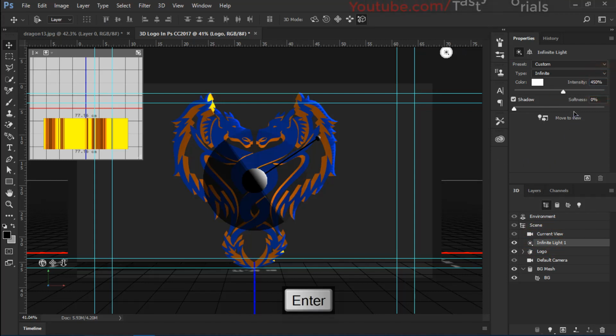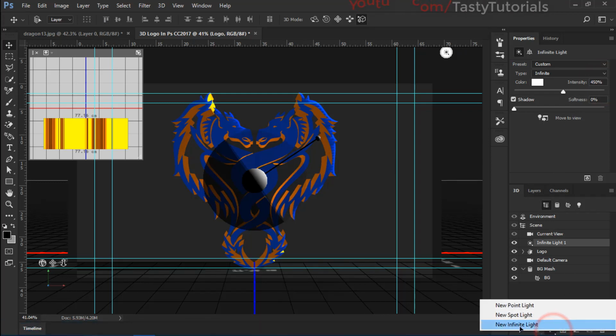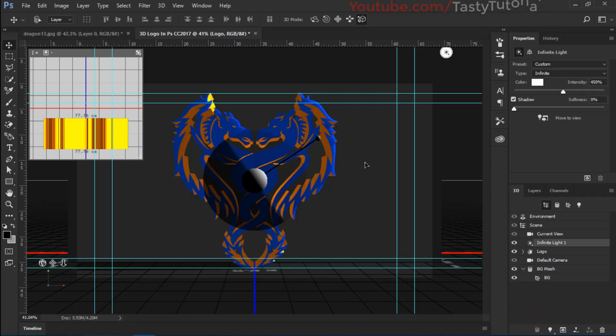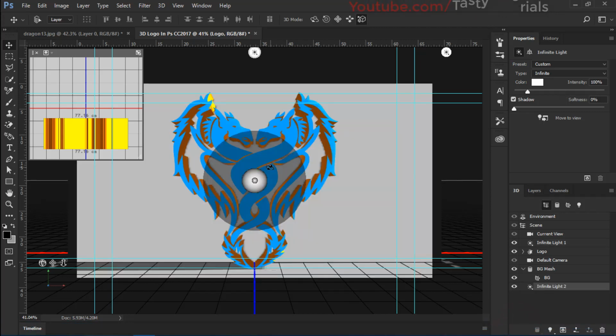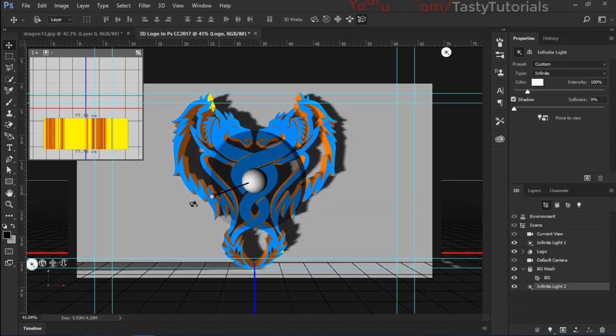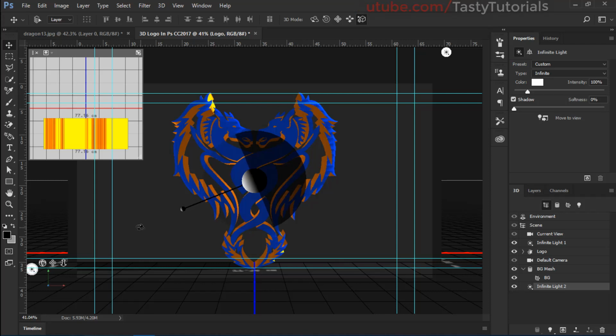Cool. Now we will create another light. Click on this light and click on new infinite light. That's nice, and you will see everything is gone white. Don't be worried about that. We'll click in the center, and you will see now this time we will put this light in top in the bottom left corner. You will see this is the